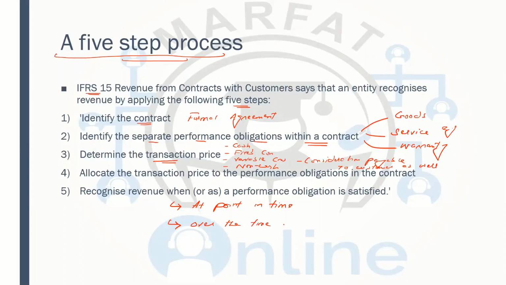For example, you go to buy a phone, and they immediately give you the phone. That means when it comes to the goods, they have met their performance obligation at a point in time, immediately. But what about the 2-year service? Obviously, they are going to provide you the service over time. So the revenue related to the goods should be recorded immediately, but they cannot record the revenue related to the services because it will be provided over time. So this is the first thing you need to understand. Now we'll be looking at every step in detail. This is the 5-step process. Revenue should be recorded based on the 5-step model.